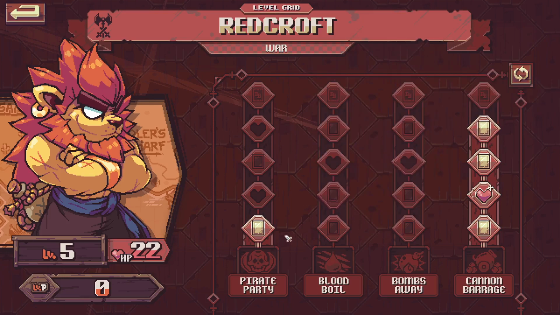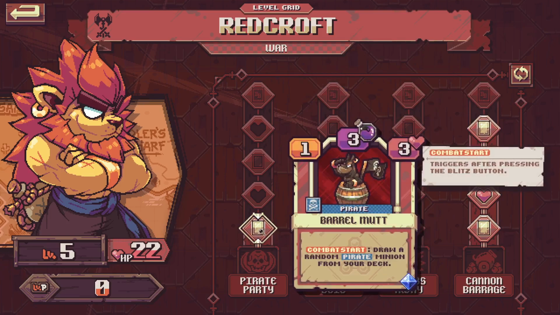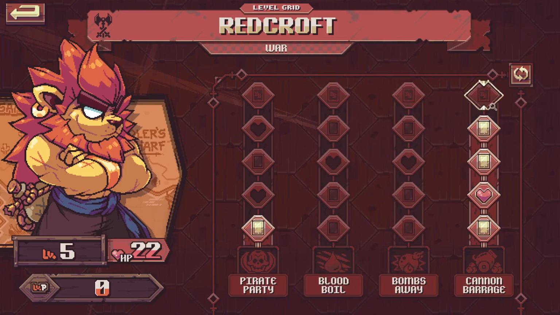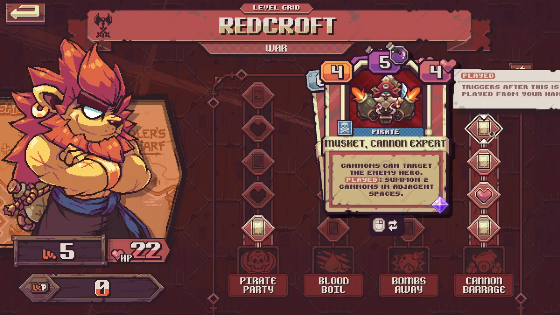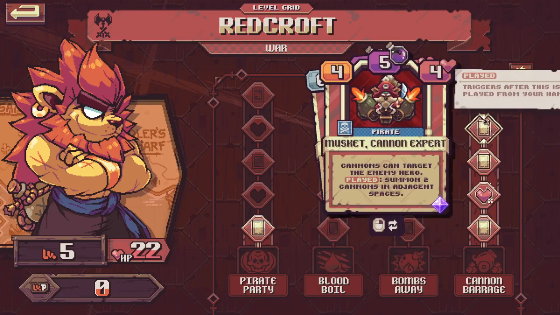That's tough. I do think I'm going to have a hard time summoning 5 cannons without Barrel Mutt, because I have the 4 in my deck. I probably am only going to see like 2 of them. I'm going to say I'm going to see 2 cannons on an average long game, right? This guy helps. I would only need to see 3 cannons and then this guy, but still, like without this, searching for musket